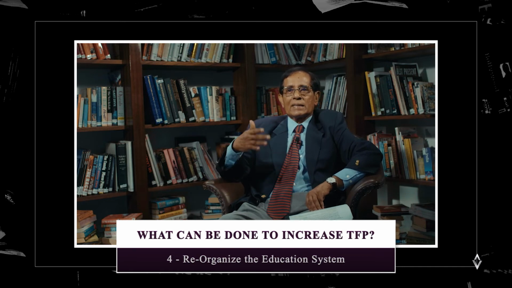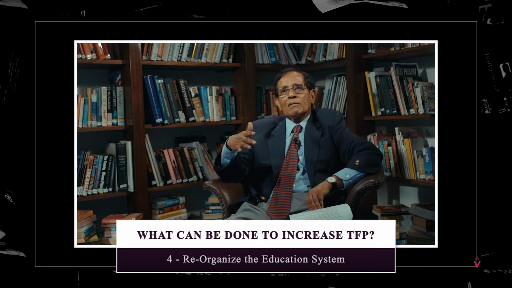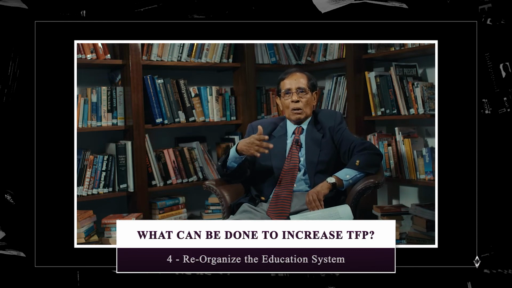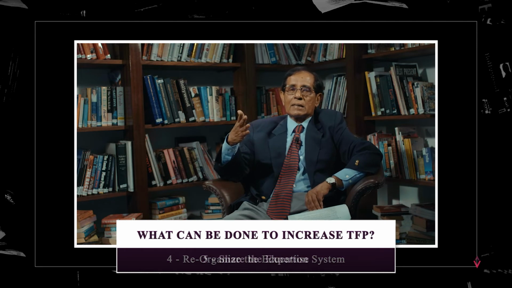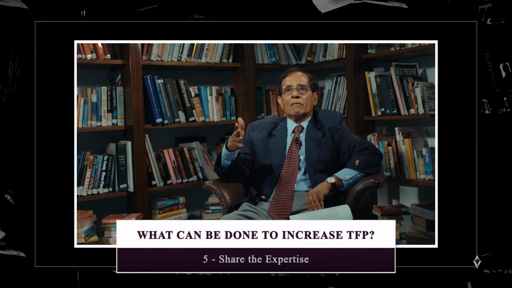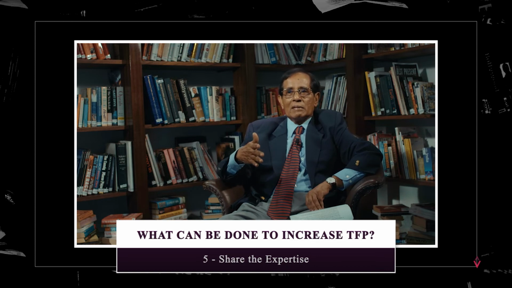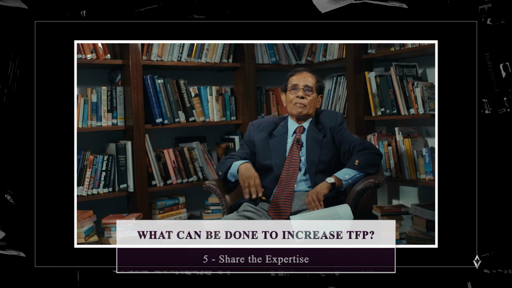Reorder the education system so that people get trained for job opportunities. There are countries like Germany and Japan where the university itself trains people, financed by the big companies. They will say, we need 400 engineers, go to the Faculty of Engineering and say, look, we are going to offer you a student